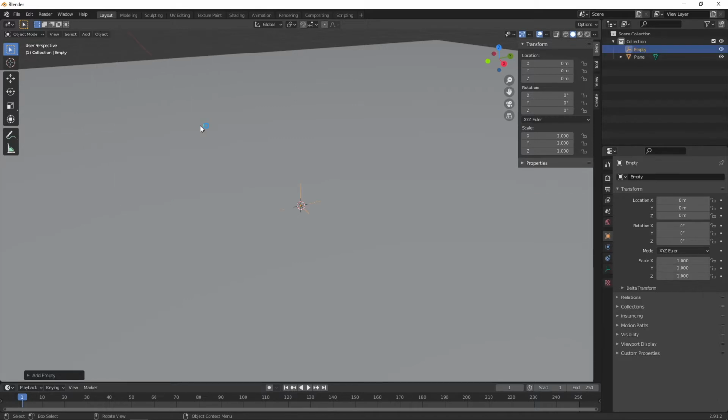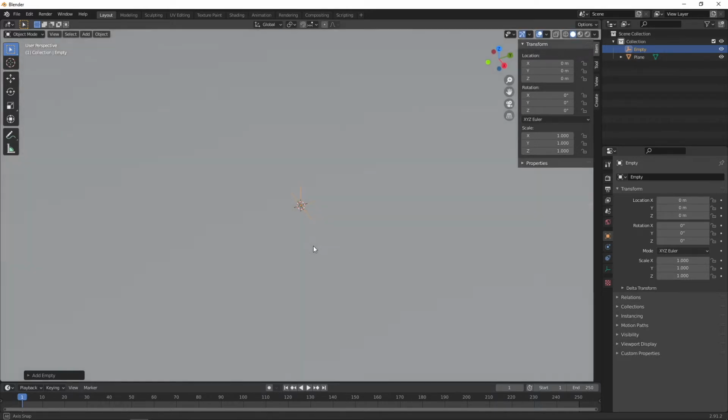This is going to be the target for our laser and for the source of the sparks that come out when the laser hits the ground plane. So everything is going to point towards this empty object. I want to cut a circular hole in the floor, so I want this empty object to take a circular path. So I'm going to go to the location for the X and Y, press hash, and type sine of frame, divided by, let's say, 20,